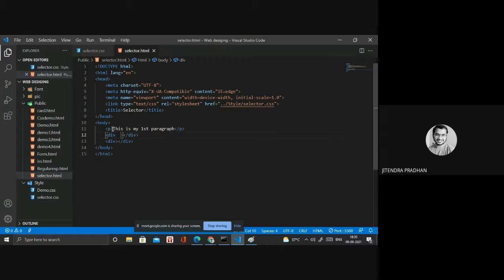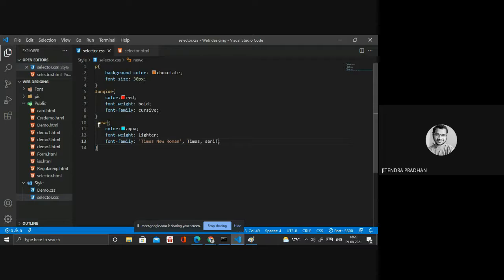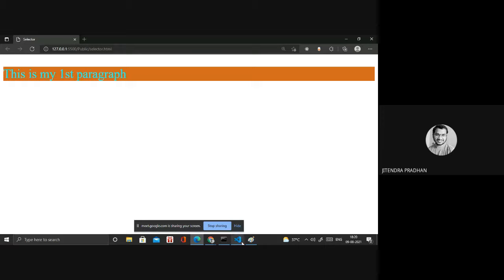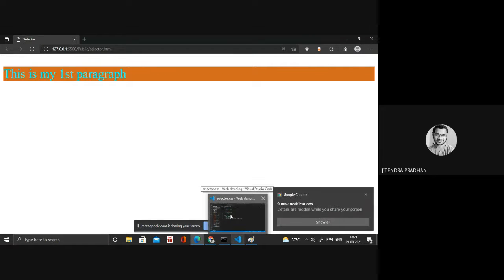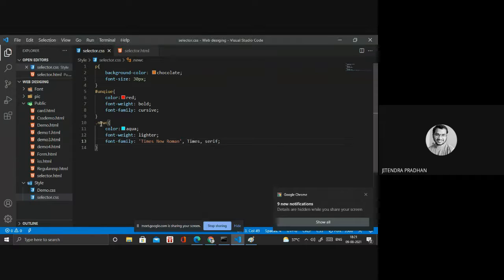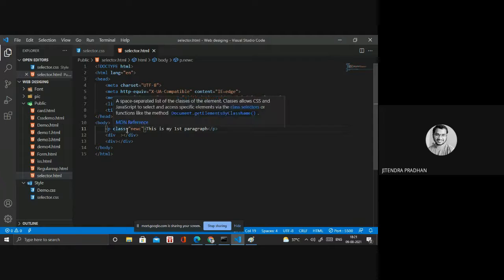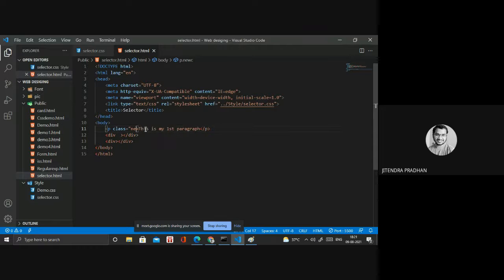So if I apply that class, inside new C is my class. If you observe, in that we are defining new C. So is it applying or not? Let's see what happened. It's applying. We are giving that particular text color inside the new C class. Okay, with the class we are defining that. So if I use the id also, it needs to apply. Let's see how.